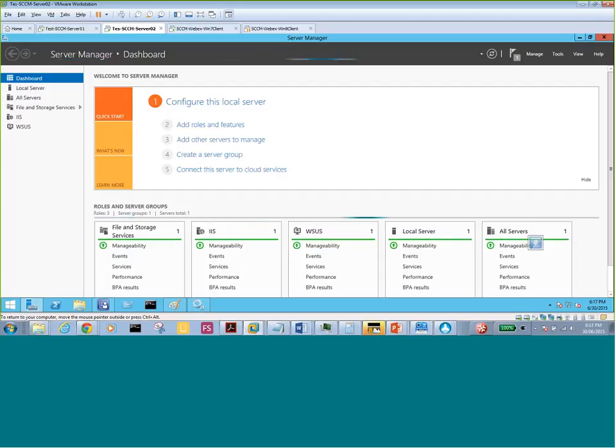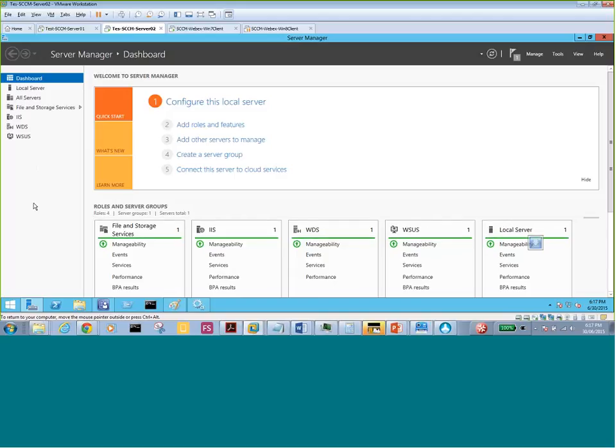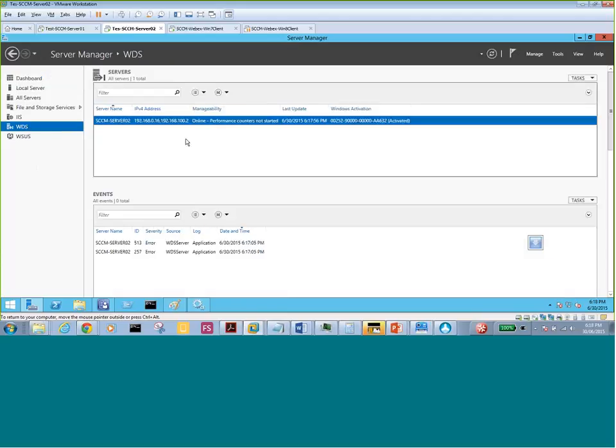Not by now, then maybe in a few minutes it should be showing the WDS installed, because I see something here on the flag. Okay, it's refreshing. There's one refresh going on. So I'll just check back because the service started. Oh, there it is. So when you enable PXE on the distribution point, the WDS automatically gets installed in the